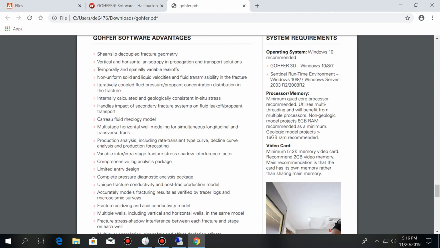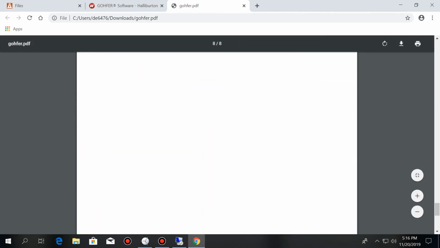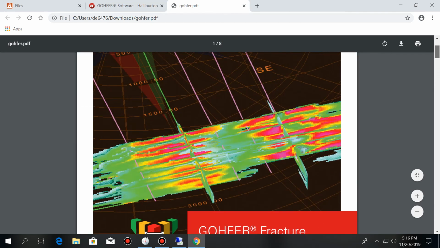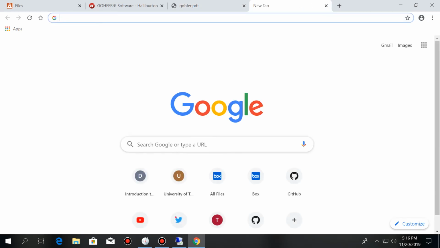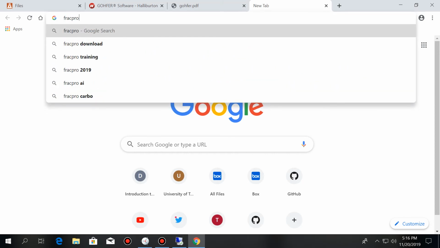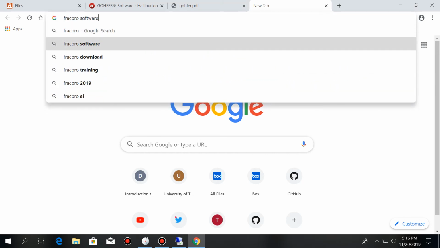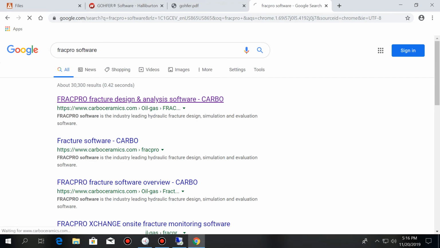Okay. Okay, I'll come back to this one. I always forget which is the one that has the first part better explained. Yes, Frac Pro. So,